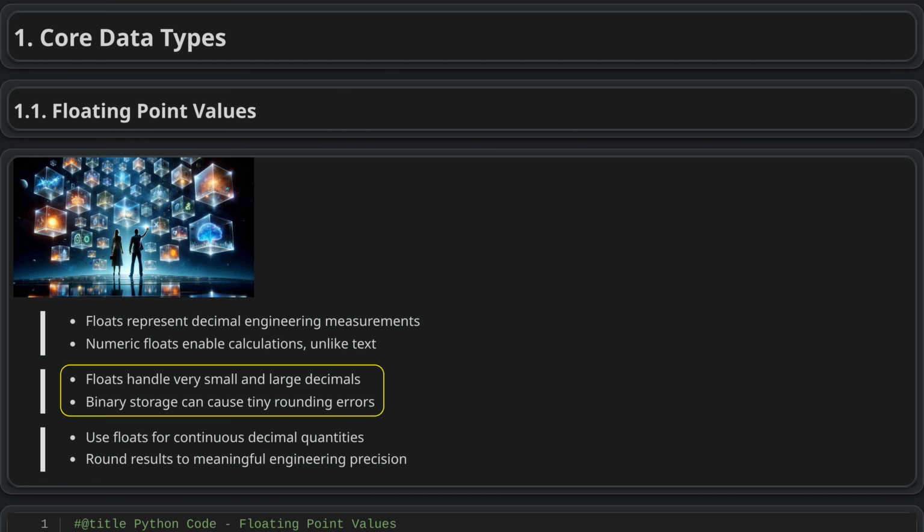Floating point numbers let computers represent very small and very large values by shifting the decimal point as needed. Because they are stored in binary, many decimal values can only be approximated, so small rounding errors can occur. This is usually acceptable in engineering work, but extra decimal places from sensor data or unit conversions should not be